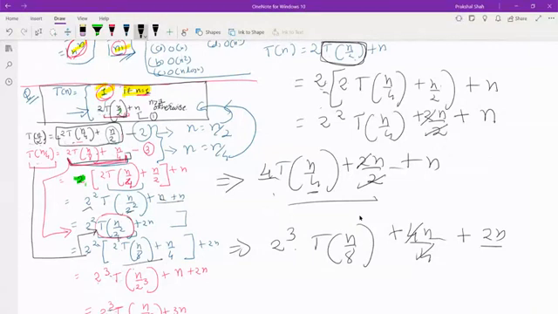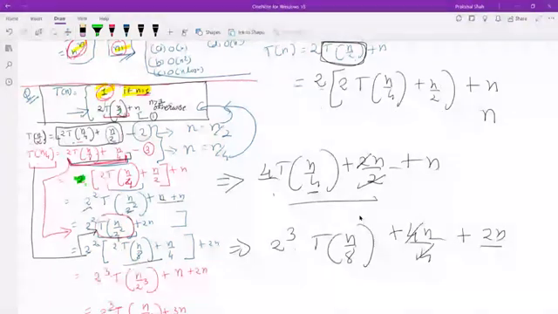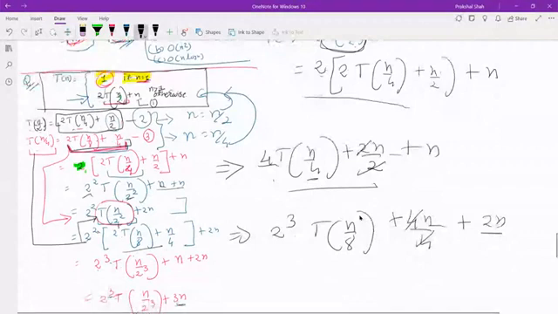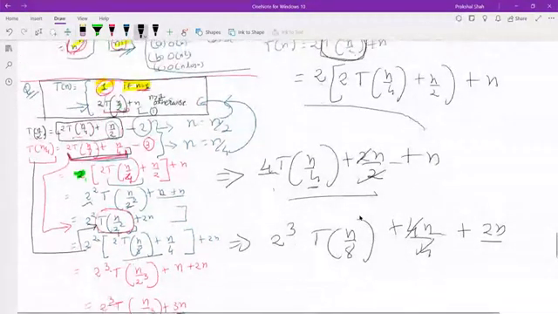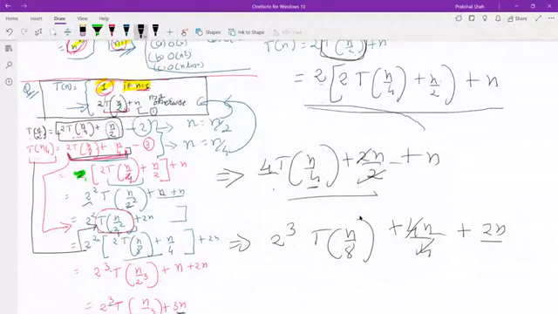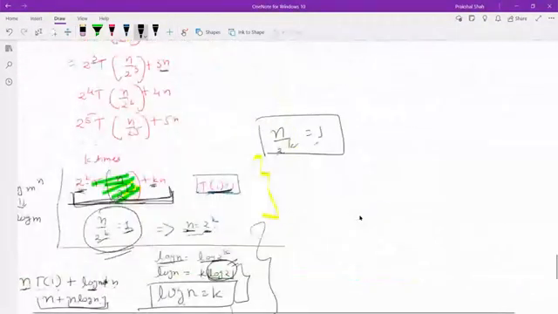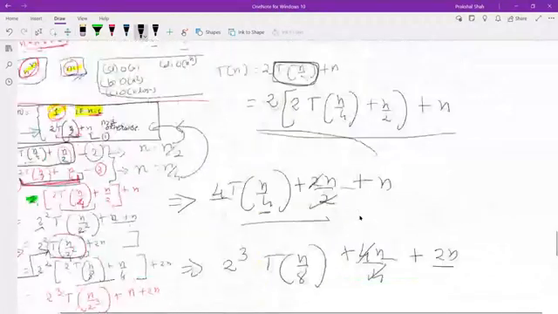This 2 gets cut. Shouldn't it be 4 and 2n by 4, right? Wait. Are you clear with this step? Yes, sir. This is clear, how it came. Now, if you multiply this 2 to here, then see,